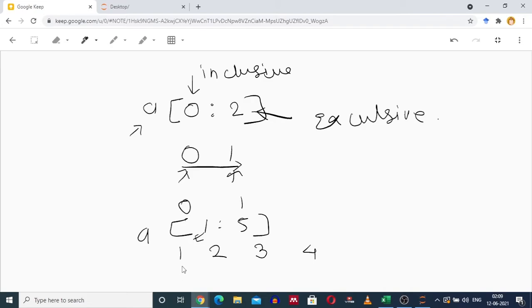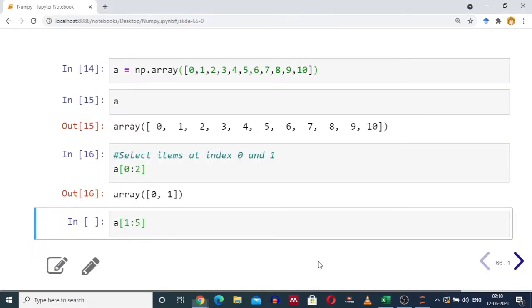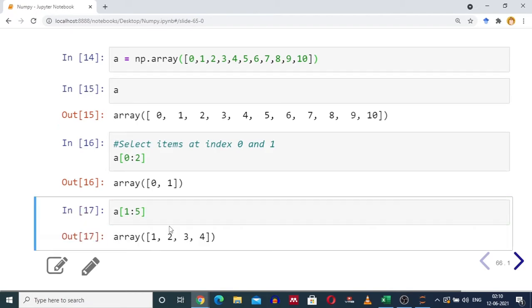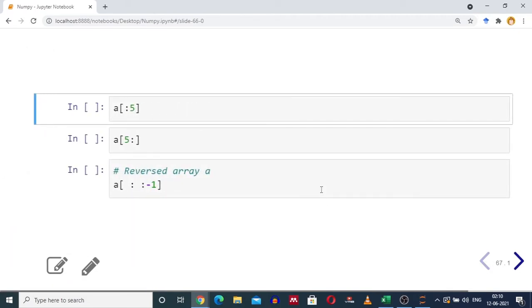The element at index 1 for numpy array A is 1, at index 2 is 2, at index 3 is 3 and at index 4 is 4. Therefore the output for A[1:5] will be 1, 2, 3, 4.